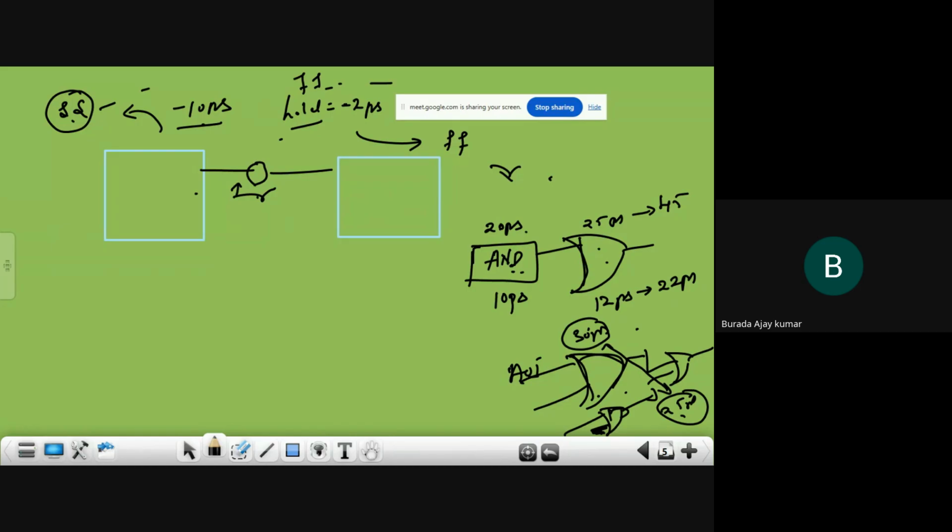So then what about congestion? Why do you expect that congestion is always there? Then you should do better floor planning. Sir, if you have more pin density, automatically you get the congestion also, right? Yeah, you should do better floor planning then, right?